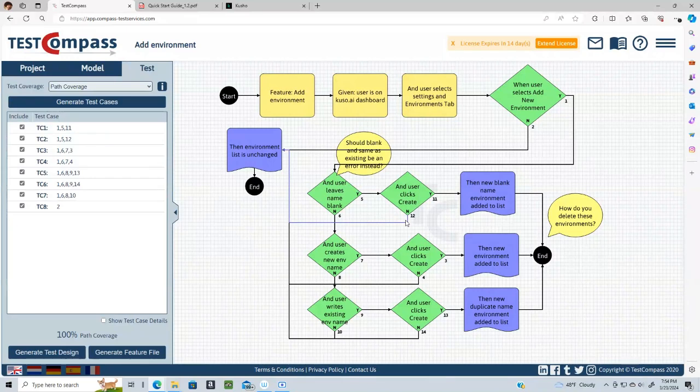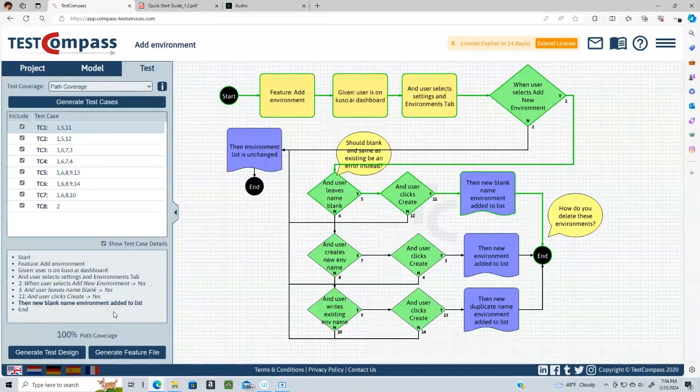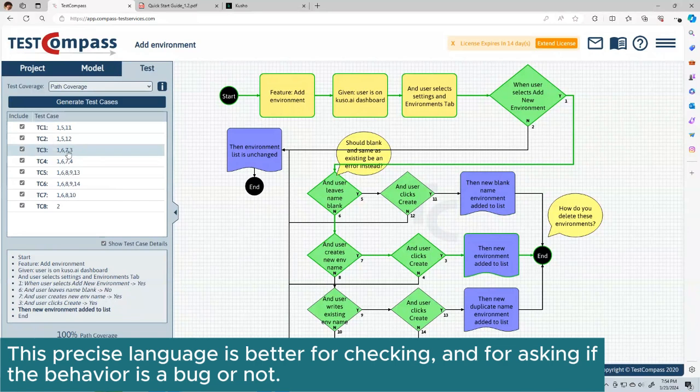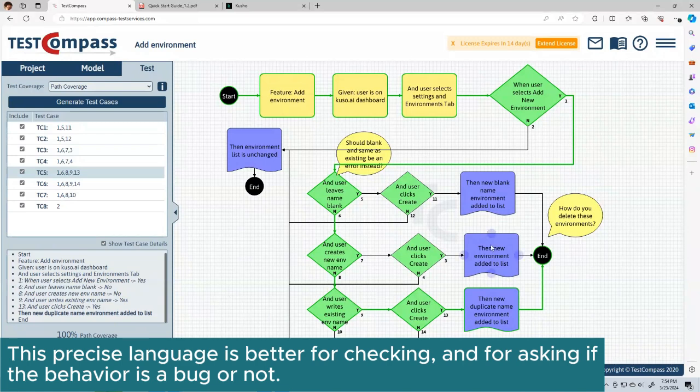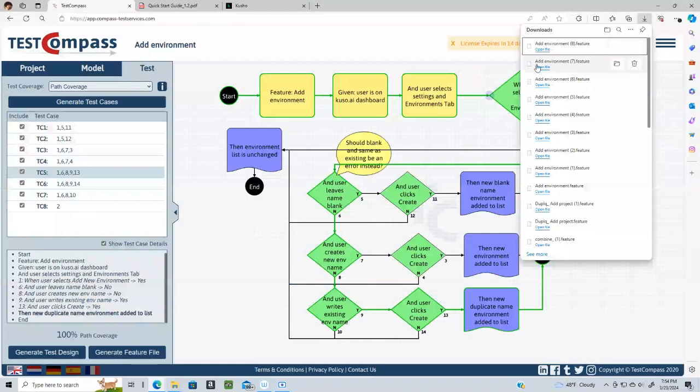It's the same number. It's interesting. It's the same number of cases, but I believe that what we should see is something that reads differently on the details, right? When we look at this new blank name environment, see, we wind up with a nice distinct new environment added to list, and look for something ends with 13. New duplicate name environment added to list. See, we get really nice naming on that, which I think maybe makes the model a little more clear to talk about. And if we generate the feature file, we can pick up the